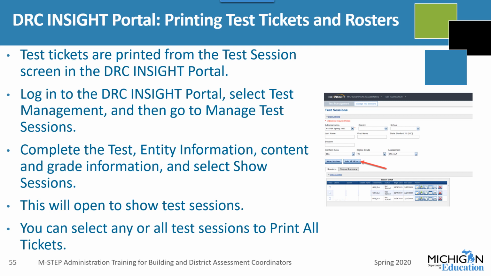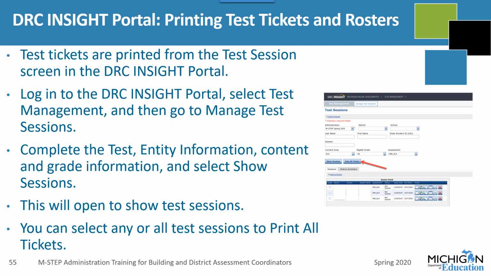Once your pre-ID is done, test sessions are set up, and you have assigned all Universal Tools designated supports and accommodations, then you can print your test tickets. A quick reminder, you have to assign Universal Tools designated supports and accommodations before test tickets are generated. If you print your test tickets and then add a support afterwards, the support won't be available when the student